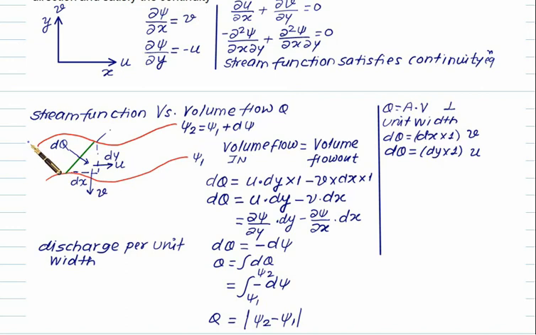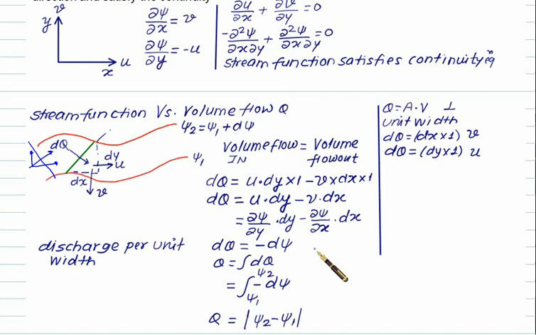Suppose I have shown it like this, then one component of q will be positive and the other component is also positive. So this time the definition will come as a positive component of v. Velocity multiplied by area is called discharge, and similarly we have the elemental discharge: u multiplied by dy and minus of v multiplied by dx. Now u, as per definition, is d psi by dy, so dy and dy get cancelled, and we can replace v with d psi by dx. Finally we have dq equal to minus of d psi, which is the total derivative.